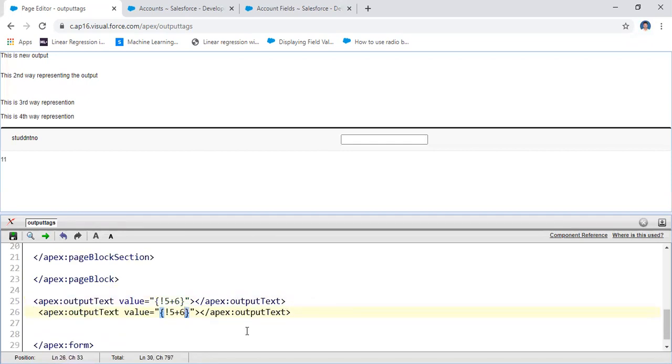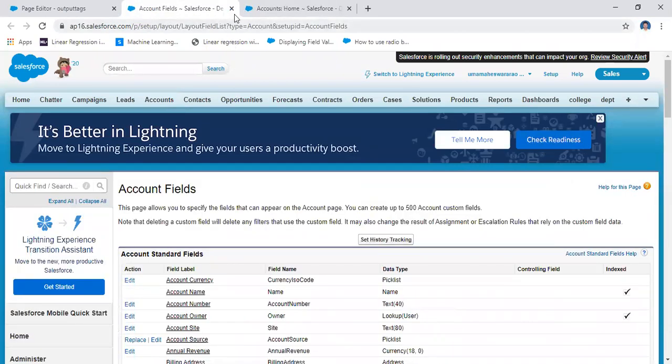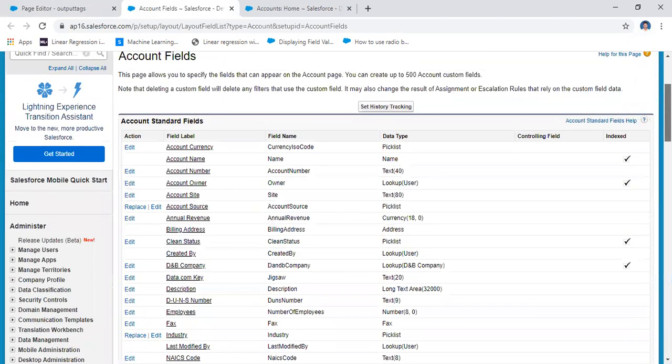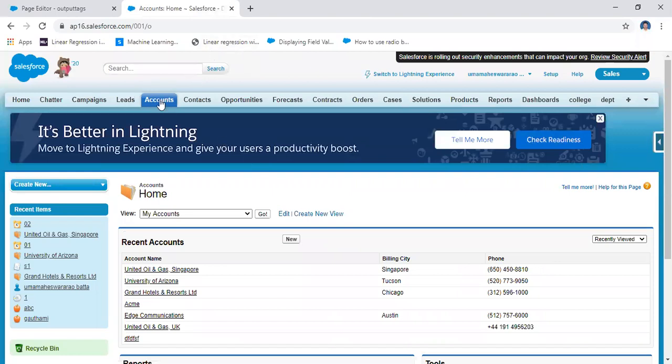I want to bind the data from the account information. For example, I have an account for Salesforce. Or for example, I want to get data from here. How can I get the data? You have some field related information. For example, account, the account is an object.